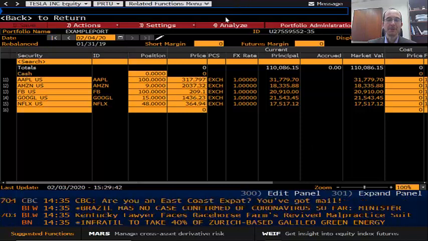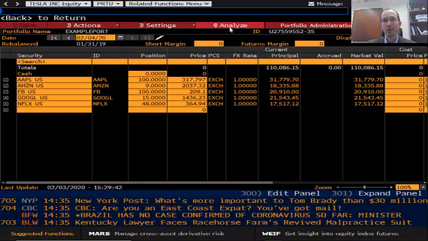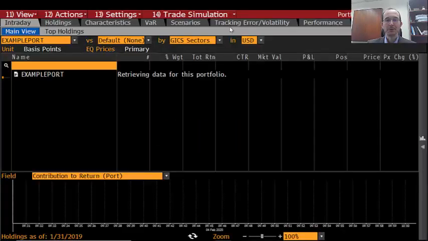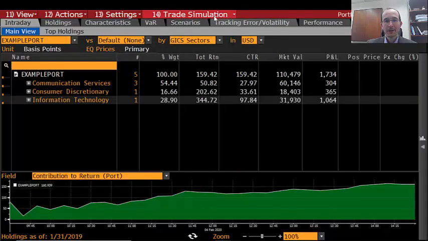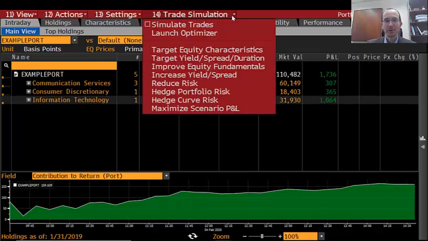So the way that we'd go about this is we would again take our portfolio and open it up in Port, or if we have it loaded here in PRTU and then select Analyze, that will open it up in Port for you as well. Now what you're going to do is, instead of launching the optimizer, which is of course what you would do to create a mean variance optimal position in the new stock, let's say Tesla, now let's say instead that we're going to simulate a trade in Tesla. So check this simulated trades box,